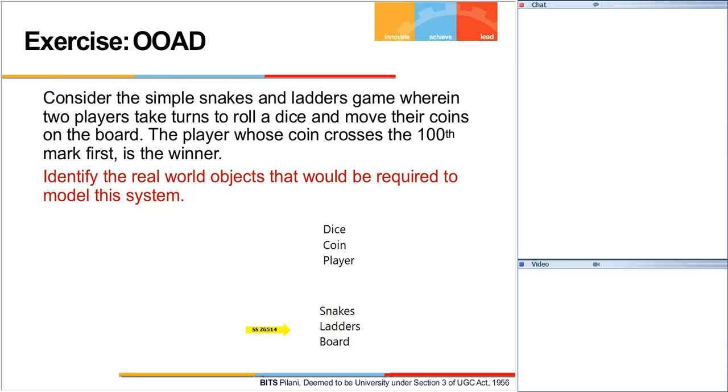So say it's a 100 by 100 array, right? And every location in my array can store a number of pointers. And then there could be directions with the pointer. So it's either a forward pointer or a backward pointer. If it's a forward pointer, I know I've landed on a ladder. And if it's a backward pointer, I know I've landed on a snake, and then I need to get down to the tail of the snake,